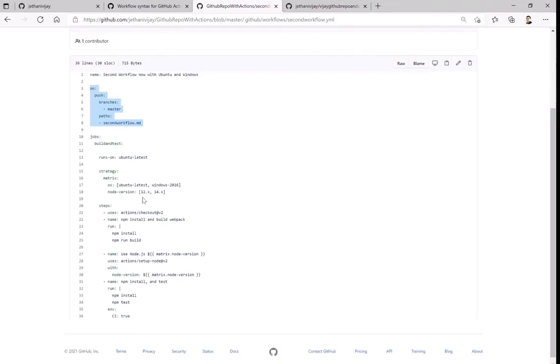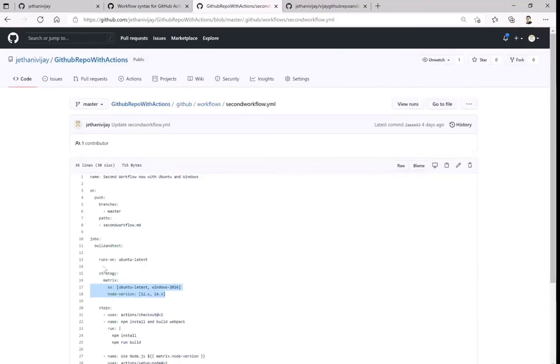Apart from just giving 12.x and 14.x, I am also giving it to run on Ubuntu and Windows 2016. This particular code still remains the same, that means install, test, and something I'm setting on Node.js remains the same. Now the change is I want it to also run the test against Ubuntu as well as Windows both. Let's try to trigger it by second workflow.md.